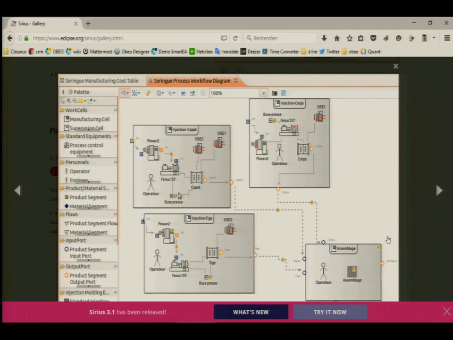Just this example, for example, is the organization of a supply chain for plastic surgery. The guy ordered Sirius, and afterwards they said, "Oh, that's exactly something which seems to be one of our use cases."